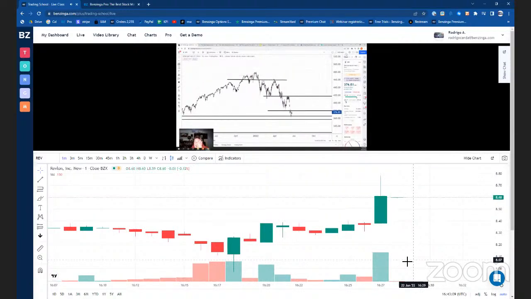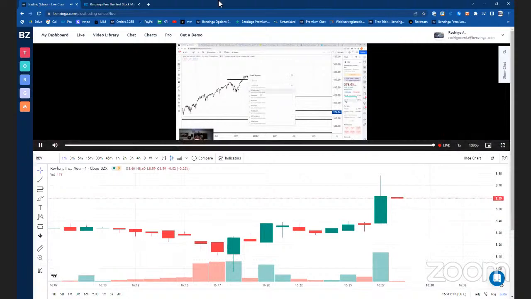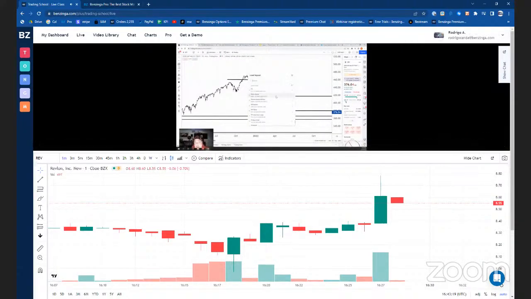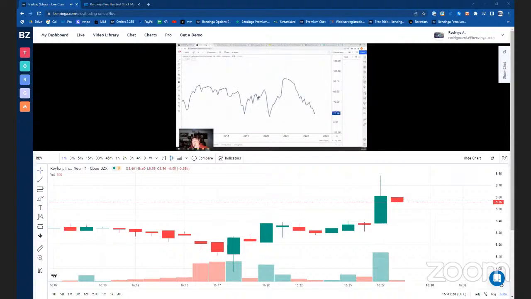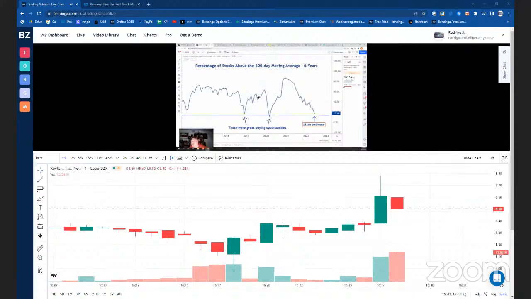Now, sentiment is what we call a contrary indicator. A lot of times we really don't get good signals from it, but sometimes we do. The idea here is that if the vast majority of investors are bearish, they've sold their stocks, right? So the market runs out of sellers, and the only place it can go is up. So this is December of 18, and this is March of 20. And you can see we're pretty much right back there now.